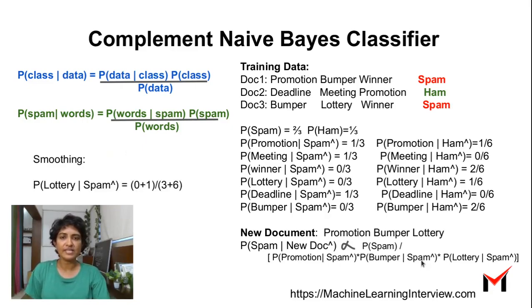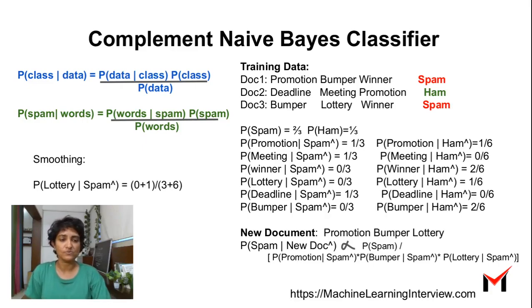So you end up with all these zeros, and when you actually put these in the denominator here, it doesn't compute very well. You'll end up with a lot of zeros. So in order to fix that, we typically do something called smoothing. There are many types of smoothing, but a common way to smooth is to just add a simple number to the numerator. So for instance, I added a 1 to the numerator of every term here and add a 6 to each of the denominators here, because there are totally 6 terms. That is to make them sum to 1. And this prevents coming up with zeros, but we will still get a very small value for where we would originally get zeros.